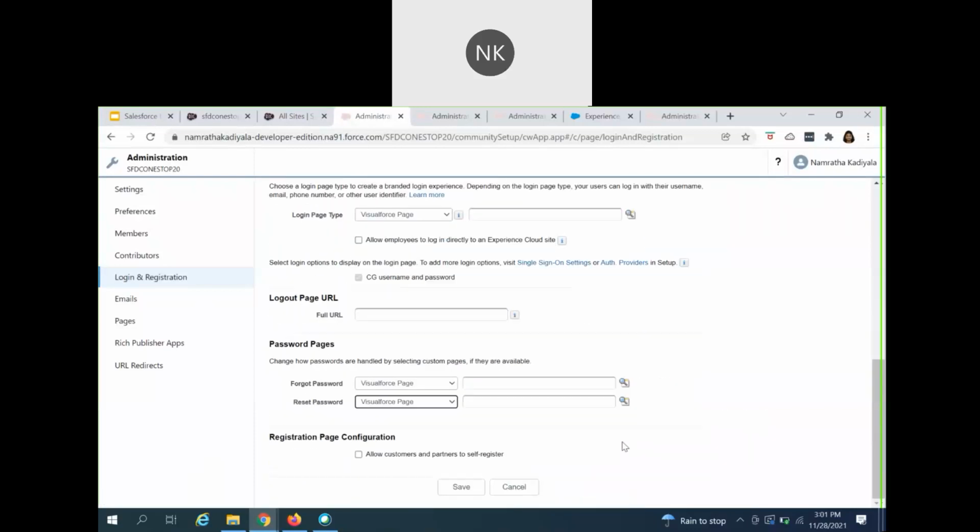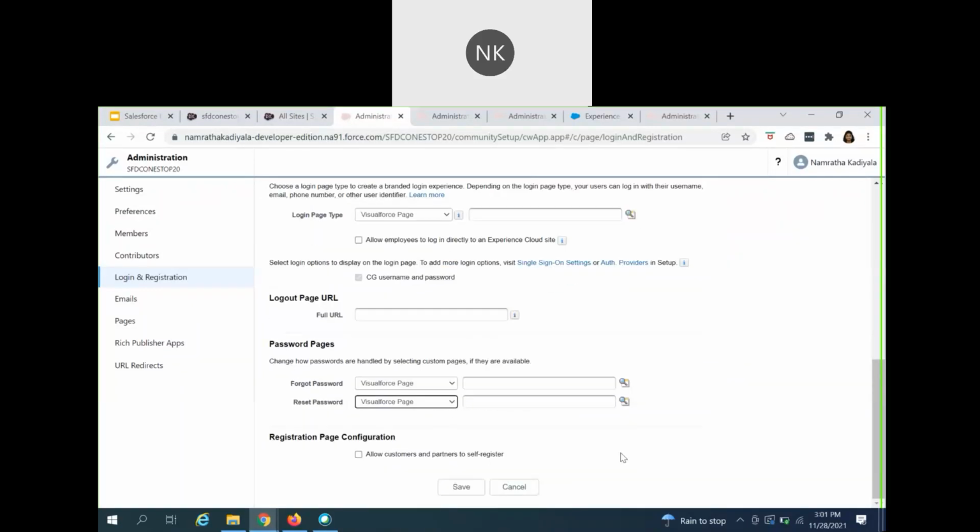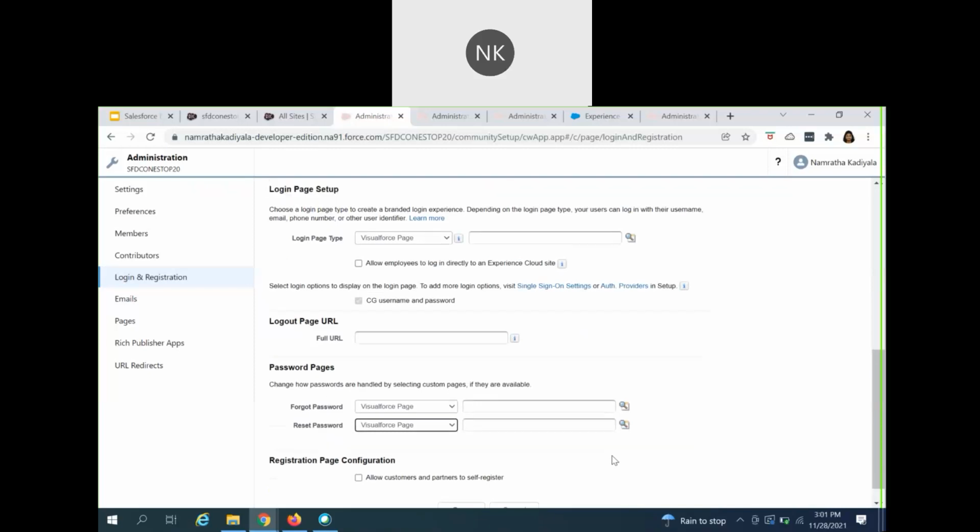So this is how you can make modifications to the login page or the forgot password page or the reset password page. Rather than using the standard or default pages, you can make enhancements and modifications by creating your own Visualforce pages and change the look and feel of your community.